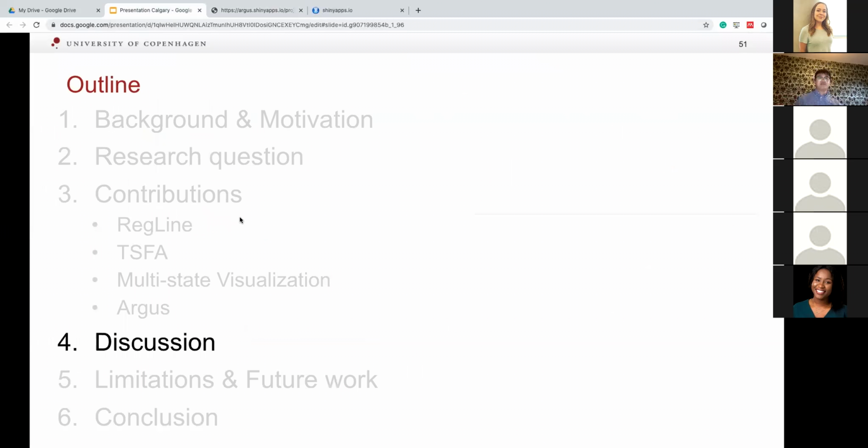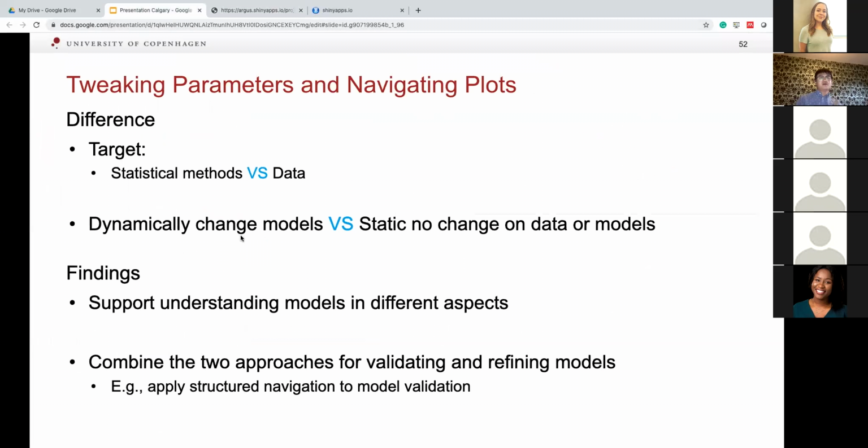Okay, in this section, I will discuss the relations between the four papers and the contributions. The targets of the two approaches are different. In particular, tuning model parameters targets statistical methods, which requires users to take actions on methods. By contrast, navigating plots aims at the data, and it needs users to analyze the data.